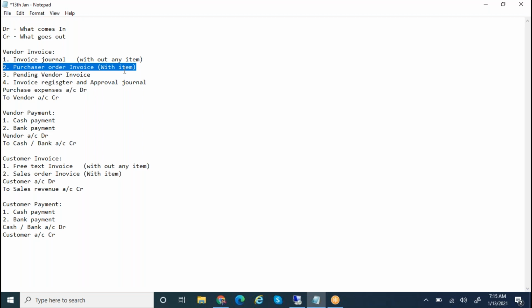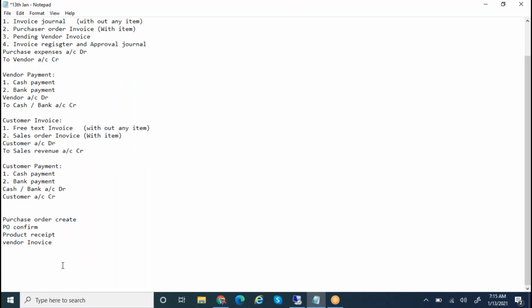Fine. So the purchase order process we are learning: purchase order creation, purchase order confirmation, and then product receipt, and then vendor invoice. These are the following steps. What does this process mean? Purchase order creation means we are updating the information, whatever quantity we need. And confirmation is a mandatory process in the purchase order process,